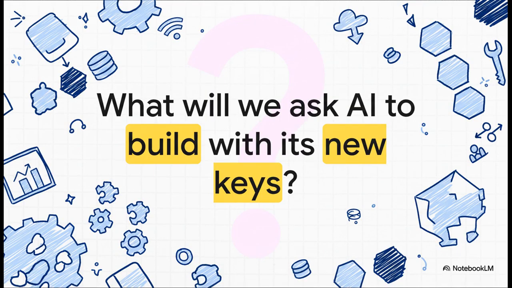So, MCP has completely changed the game. The AI is officially out of the cage. It has the keys to access our data and use our tools. It's finally becoming an agent of action. And that leaves us with the big question, the one we all have to think about now. What are we going to ask it to build? And maybe just as important, how are we going to manage the immense responsibility that comes with that power?